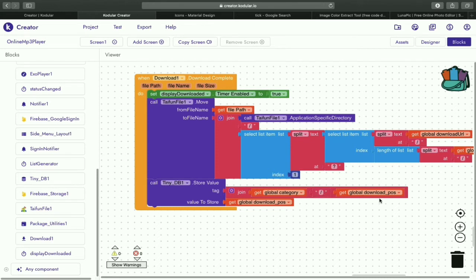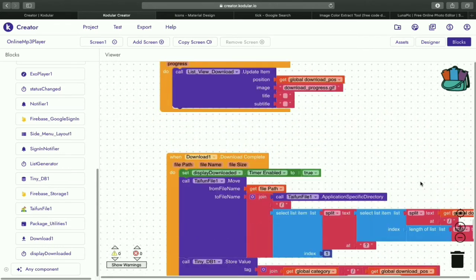And then we also add the position of the song, which is the index: first, second, third. As of now we have only 3 songs, so if it is the first song, then first position with a slash. And then we store only the position, but the tag we give with the category plus the position tag. So now